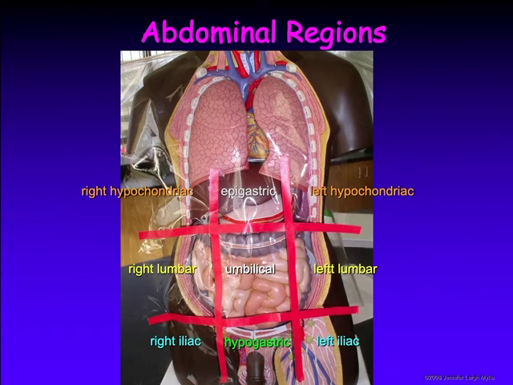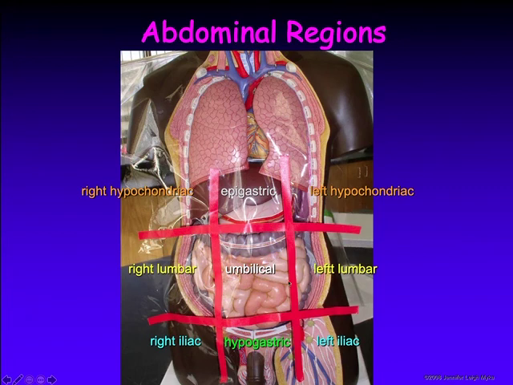Abdominal regions on one of the models we use are shown here. Note the organs that are in this region, right? You can see the liver here, stomach, you got gallbladder, that little green thing right there, transverse colon, ascending colon. Down here you got the cecum and the appendix underneath the red tape, right? You've got ileum and jejunum and duodenum here, which are the parts of the small intestine, okay? There's descending and sigmoid colon. There's spleen over there, right? These are your lungs. This is the diaphragm, right? There's your heart, okay? And this is cut away so you can see the ribs here in the rib cage,